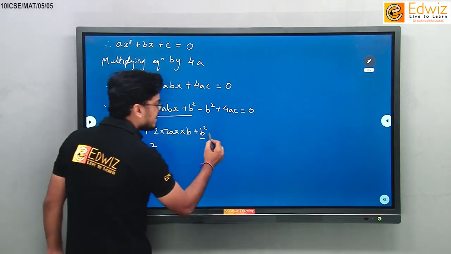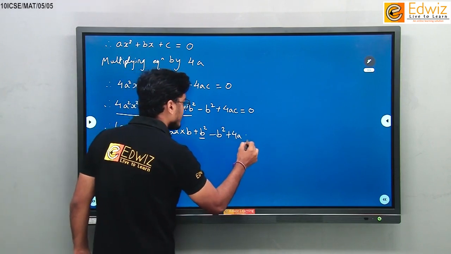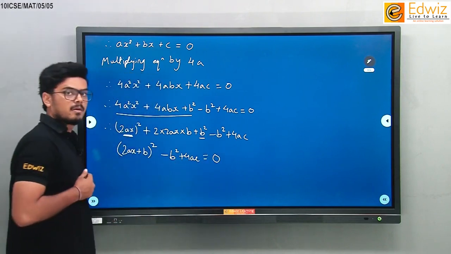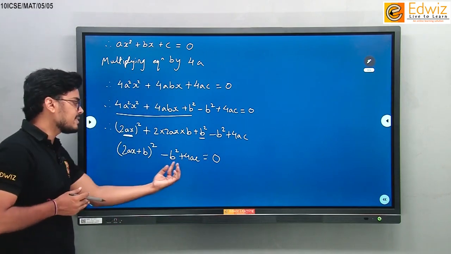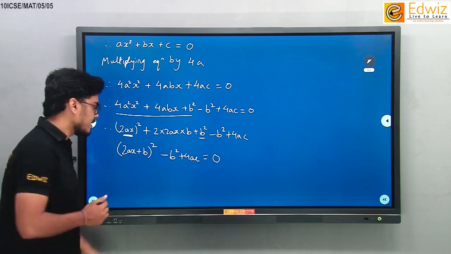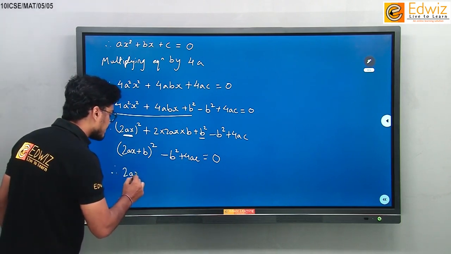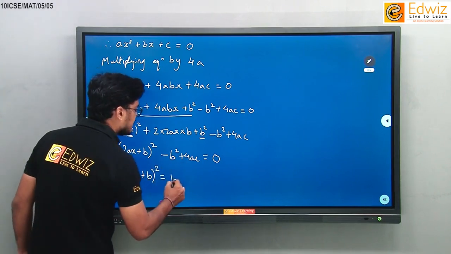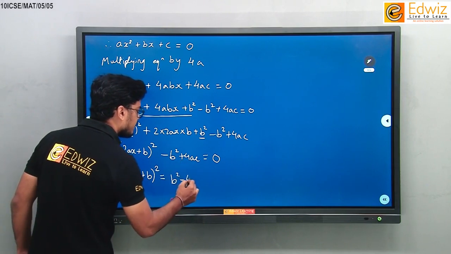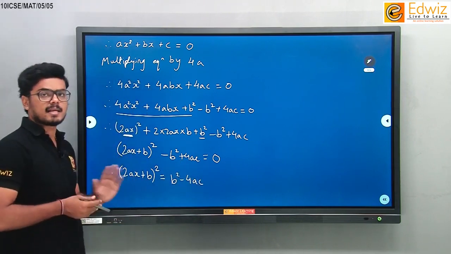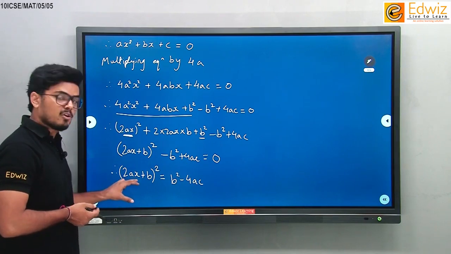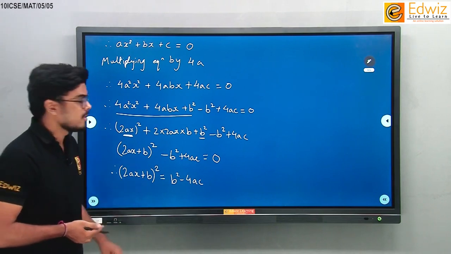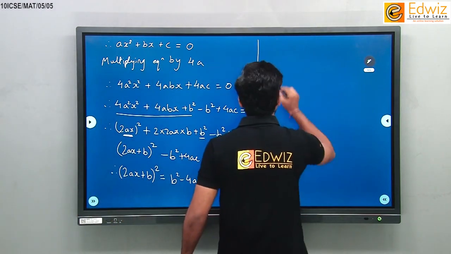And this part I'll just write it as it is once again. Here also minus b square plus 4ac as it is equal to 0. Okay. What will happen now? Send this minus b square plus 4ac to the other side. You will get 2ax plus b the whole square equal to b square positive and this will become negative. Side is changing, so the signs will also change. Now I need the value of x. x is under a square. What will I do? Square root on both sides. So taking square root on both sides,